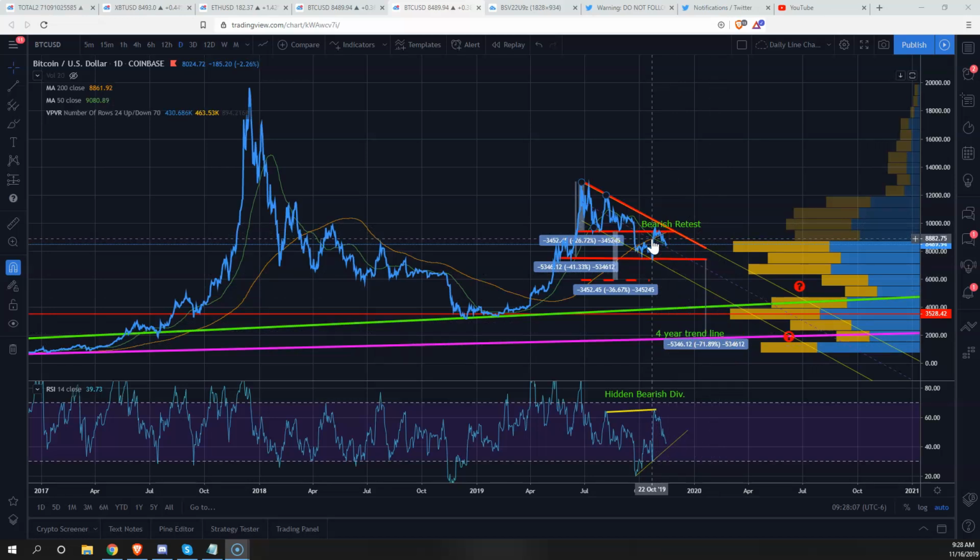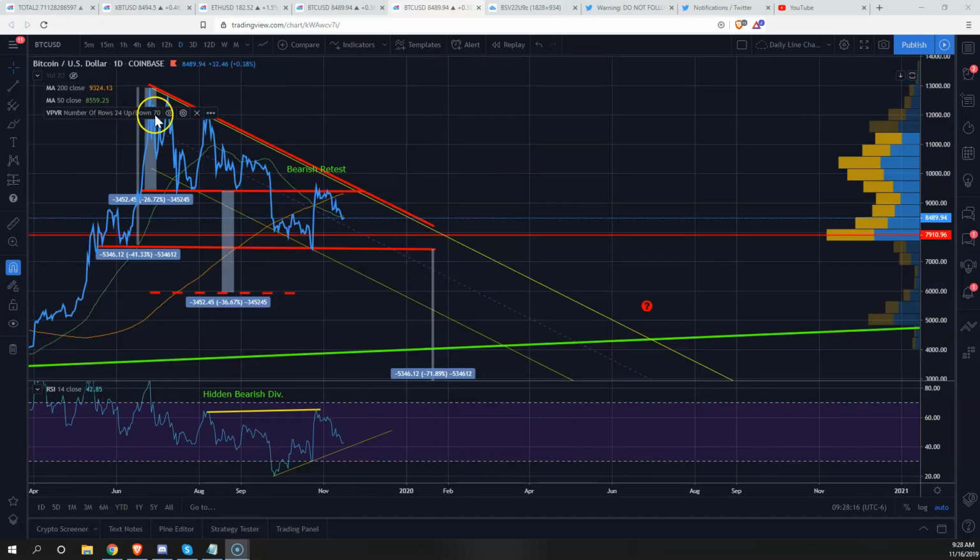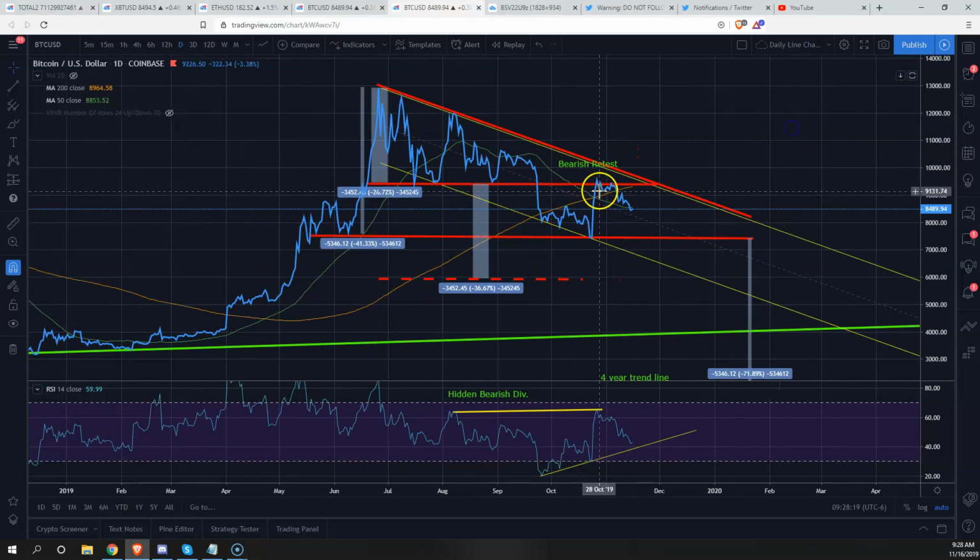They're a little bit difficult to see because I'm zoomed out, but that's got to do with this volume profile, which I'll talk about in a second. Essentially, if I zoom back in here and turn the volume profile off, you can see that we had a bearish retest of the triangle. We also had this bearish retest of the 200 moving average. It failed. Yesterday, we fell underneath the 50 daily moving average, and we're trying to flip back up and maybe test it as well. So that all looks very standard bearish picture. We're still inside of the downward sloping channel, so again, still inside of a bear market until proven otherwise.